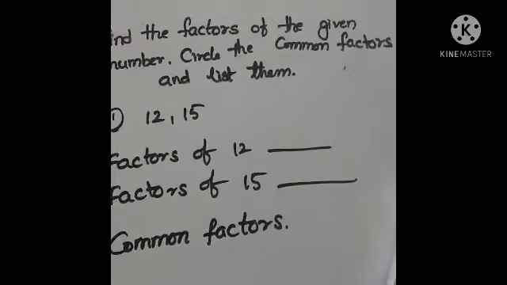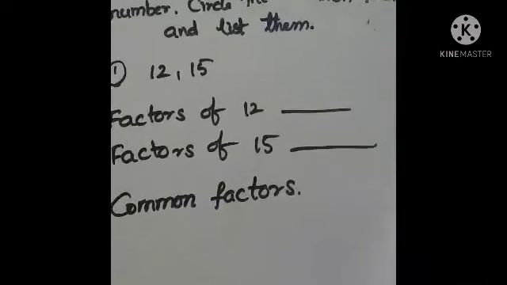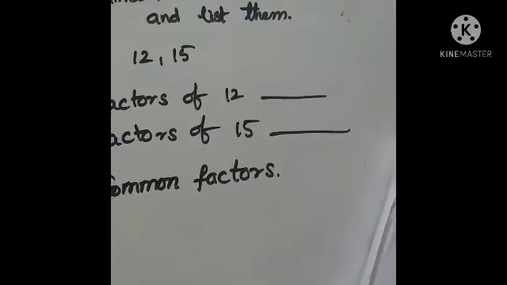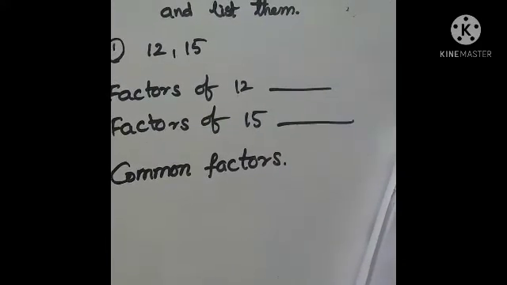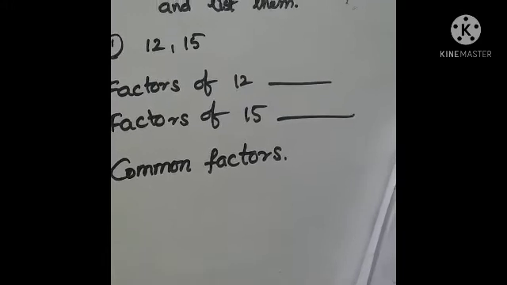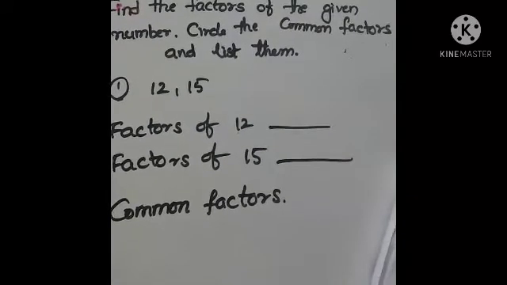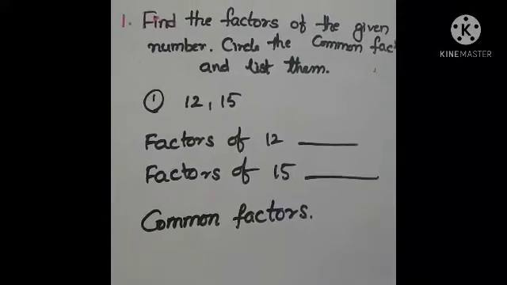Next, everybody open your textbook page number 67. Roman number 1: find the factors of the given numbers. Circle the common factors and list them. Find the factors of the given numbers. Which are common factors? Circle them. Okay? Now, let's find out